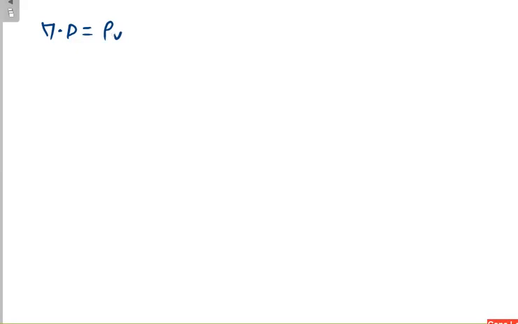And what is the relation between electric flux and electric field? D bar is equal to epsilon E bar. This you know. Then once you substitute this value in this one, what is coming? Instead of D you can put epsilon E bar, and rho V. Now this is a dot product, meaning it is finally giving you some kind of differentiation.